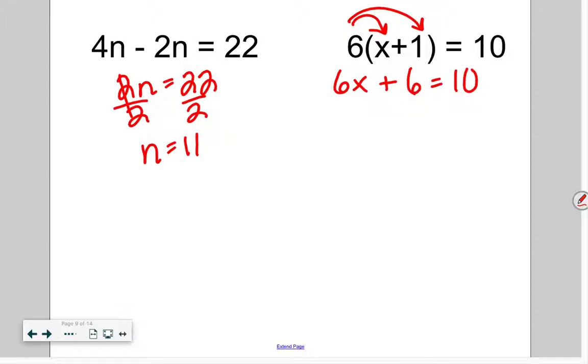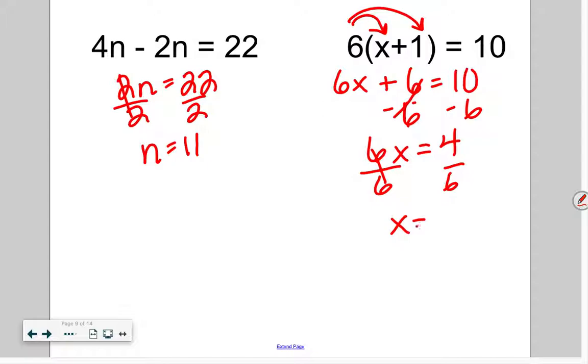So now we're back to a two-step equation. What are we going to do to get x on a side by itself? 6x is going to equal 4. Next, divide by 6. x is going to equal, you don't need to change this to anything but a fraction